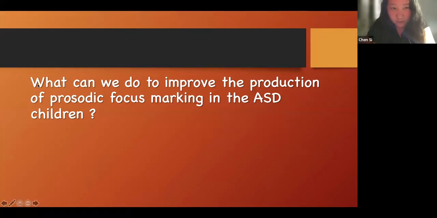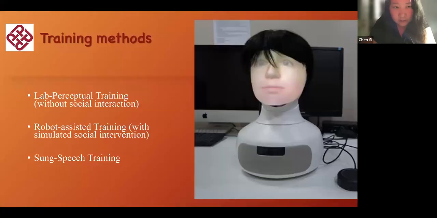their focus marking difficulties. Then the next step is, of course, to think about what we can do to improve their use of prosodic cues in focus marking. So we have thought about lab perceptual training.